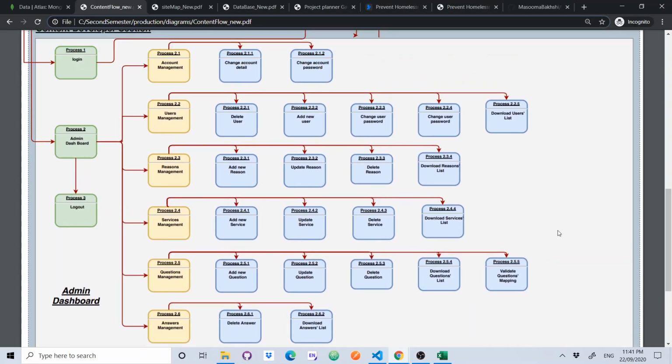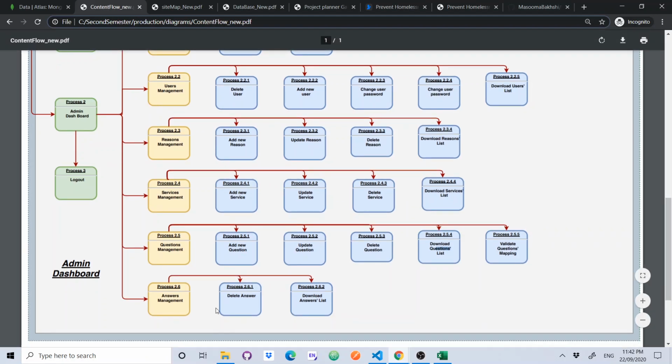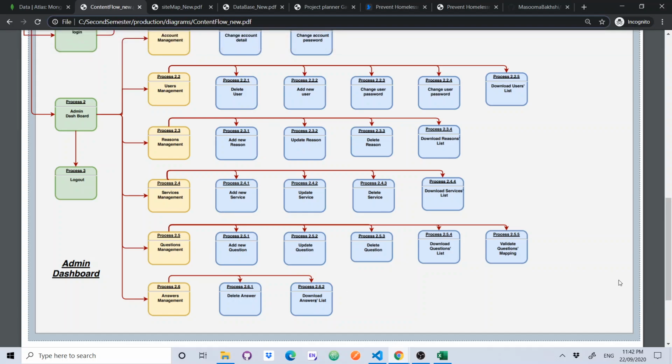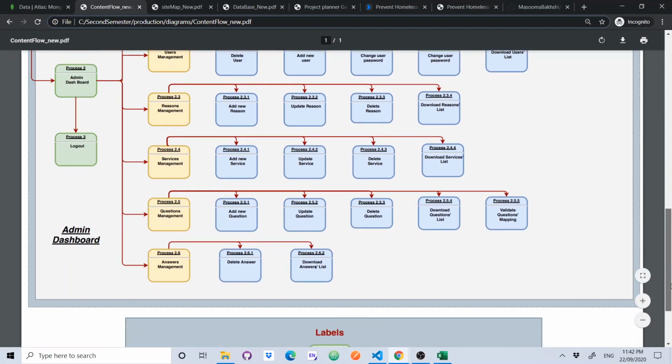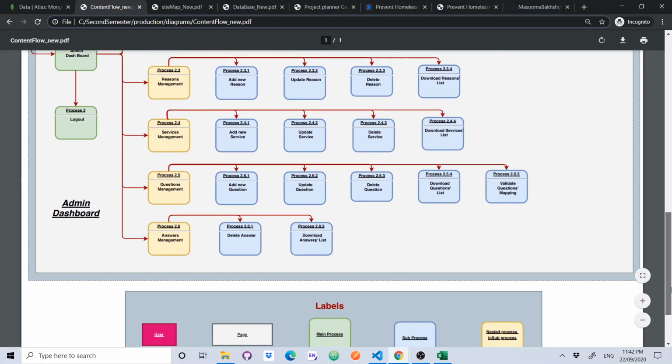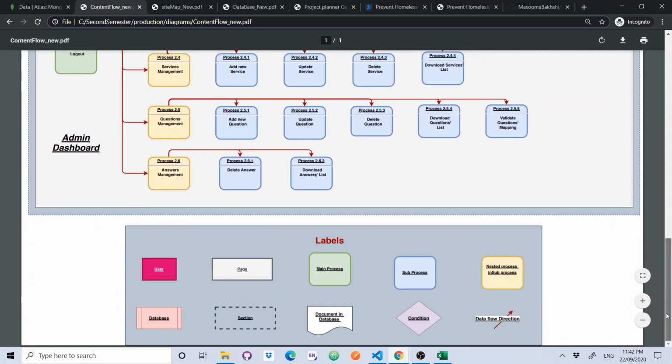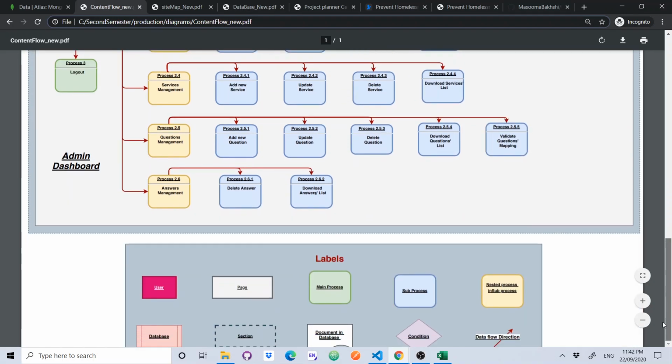They could do account management, user management, user reasons management, services management, questions management, and answer management. I have added functionality so they could download all that data as well. But for the answers, they could only delete or download the answer results, because they could not update or edit them, since the results belong to the end users, not the content developer. So this is the journey flow